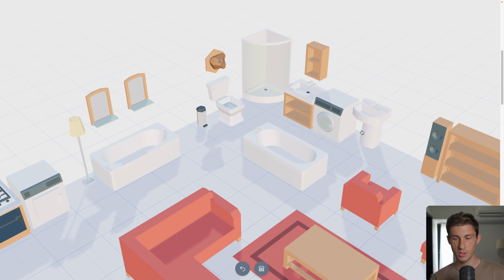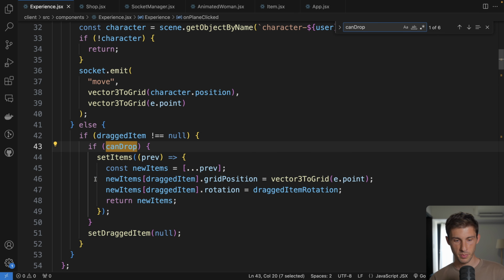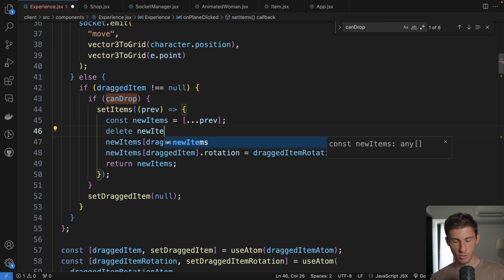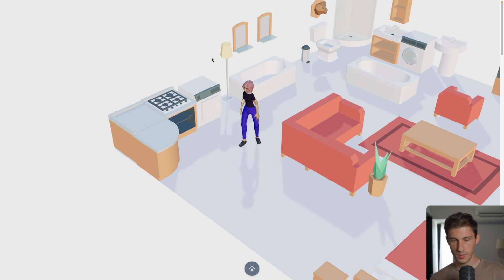Okay, it's because we need to remove the tmp if it's something we really want to put. Where is that logic? It's in canDrop. If canDrop, okay, here we set the new item. So to set the new item, we also need to delete tmp from the new items of the dragged item. So it's not temporary because, okay, we drop it at a position where we can drop it. Let's try